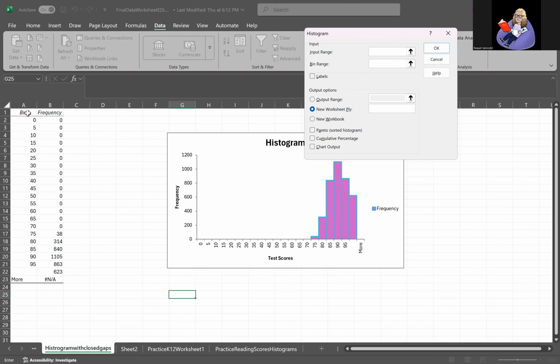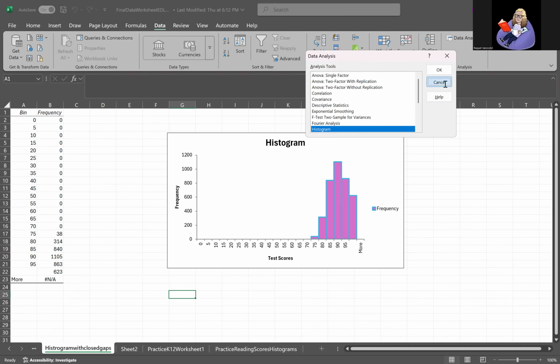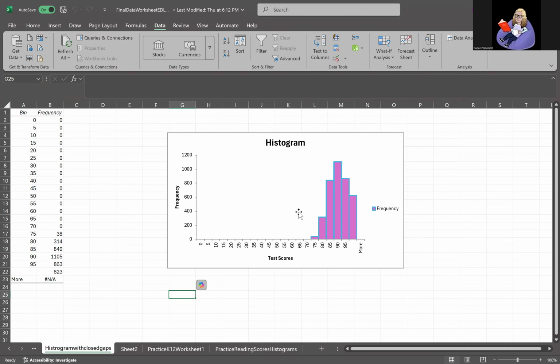I clicked in bin and it calculated the bins, new worksheet, and chart output. And that created an OK. And that created my histogram. Now to manipulate this histogram,